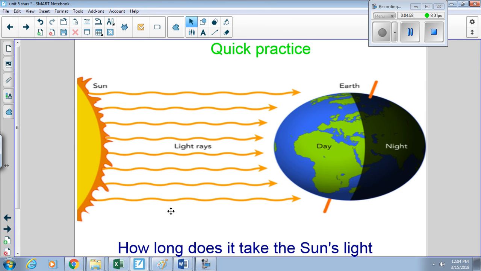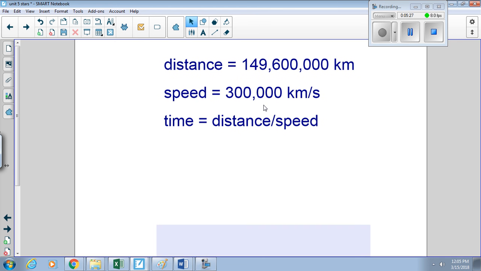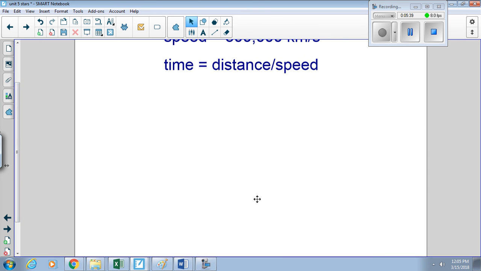The sun, which is 149 million kilometers away, gives off light. It's a star. It's luminous. It's radiating energy. That light has to travel all the way through the inner part of our solar system, through space, go around a couple of planets, some moons, and reach here on Earth. So how long does it take? What we're going to do is take the distance of the sun, 149 million kilometers away, and the speed, 300,000 kilometers per second. We're just going to take that distance, divide it by the speed, and we'll get the time. And the time in seconds,